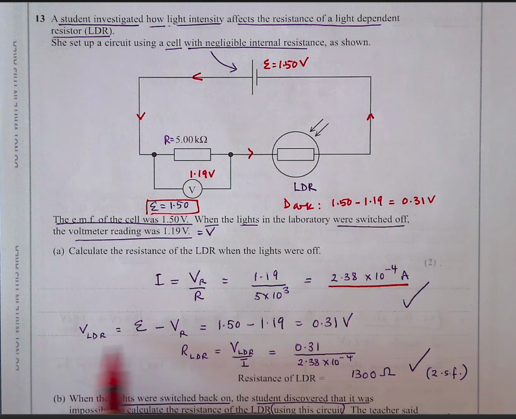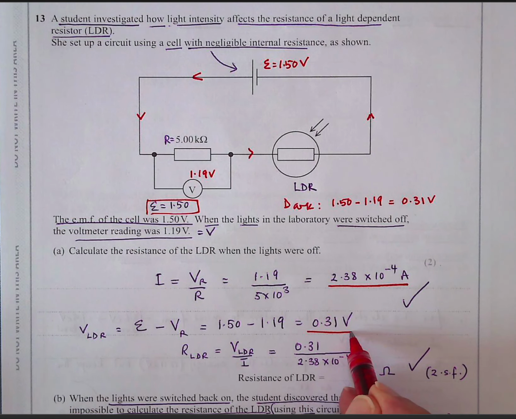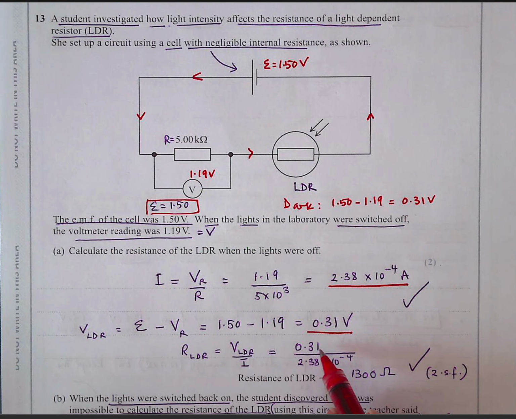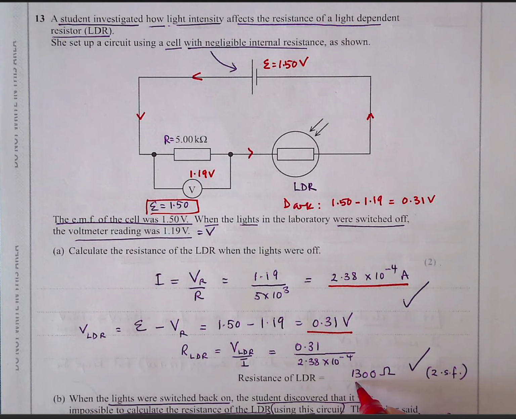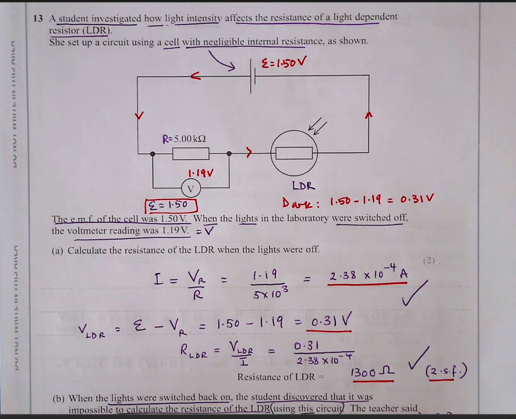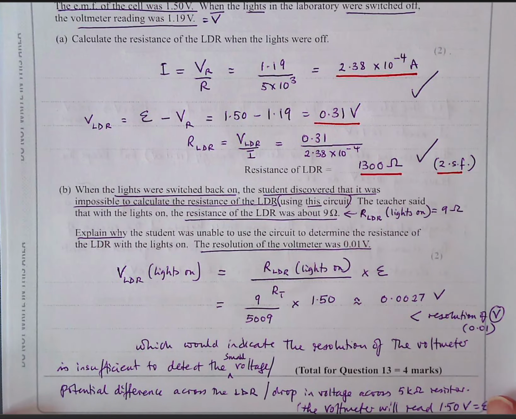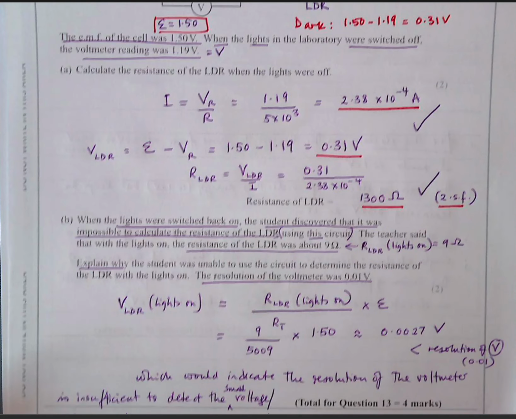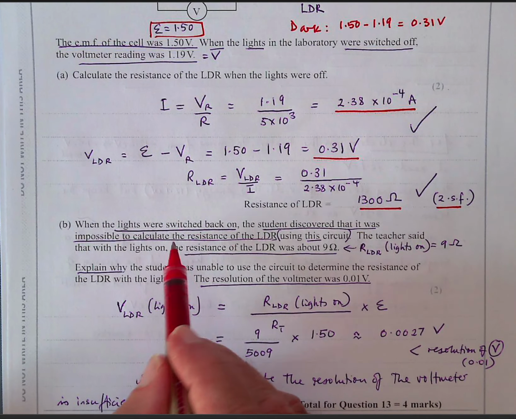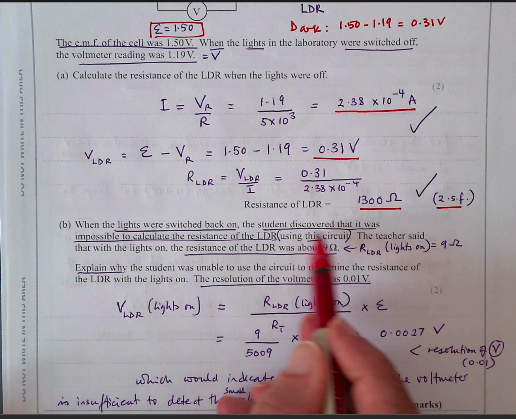Then the voltage of the LDR, as I told you, is 0.31 volts. Once you know this, 0.31 volts divided by the same current, you'll get that the resistance of the LDR in the dark is 1300 ohms to two significant figures. I think it comes to slightly just above that. Okay, the next part of the question is asking you, when the lights were switched back on, the student discovered